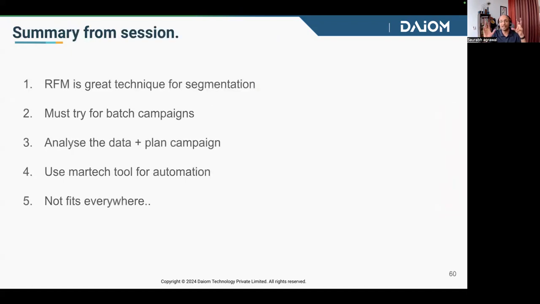So what I would say, RFM is a great technique, must try, analyze the data and use lot of martech and automation to do it. Okay. So in a nutshell,